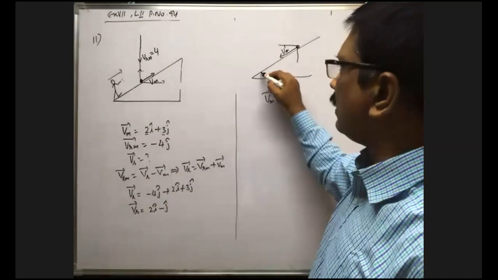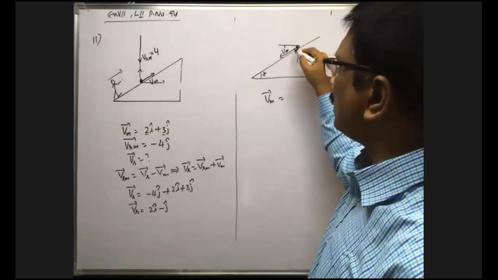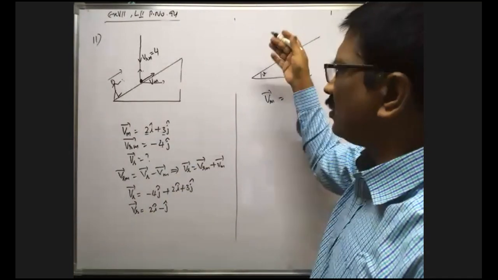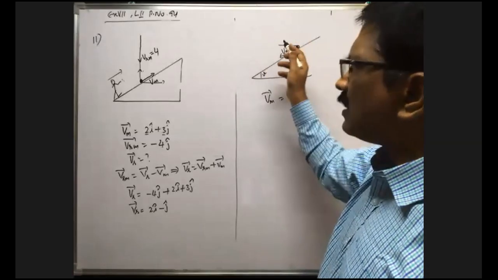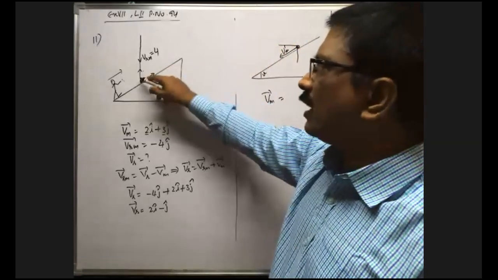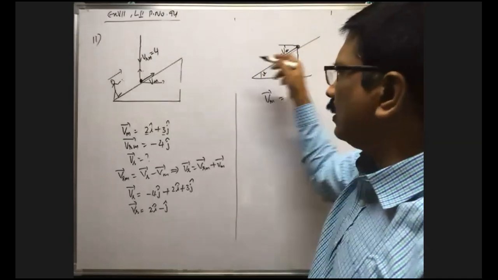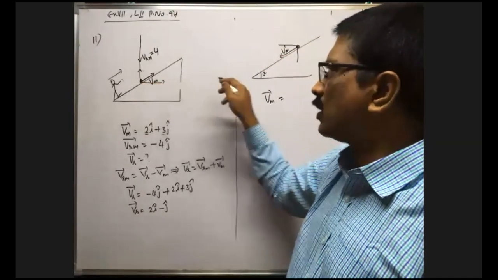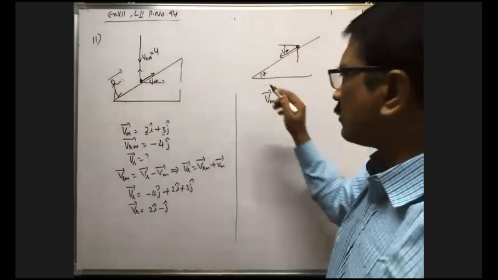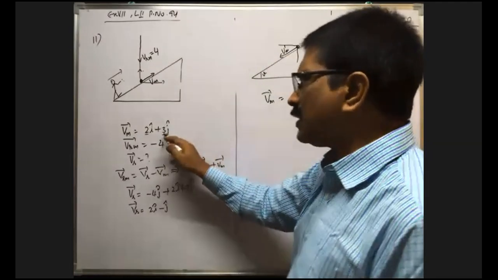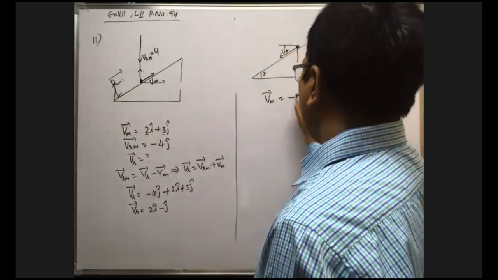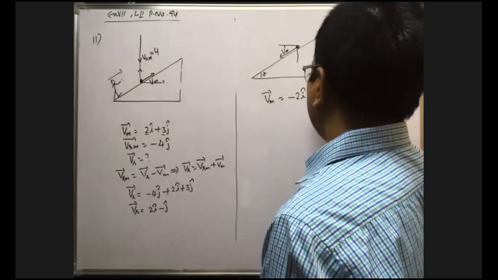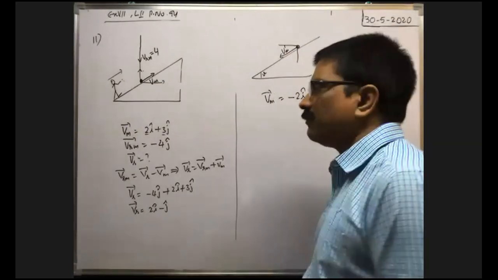as the angle of inclination is the same, definitely the components of this velocity in this direction are the same, but in the reverse direction. Previously the vertical component is upwards, but now downwards. Previously the horizontal component is towards the right, now it is leftwards. That's why the value and formula are the same, only we put a minus. So minus 2i cap minus 3j cap is the velocity of the man.